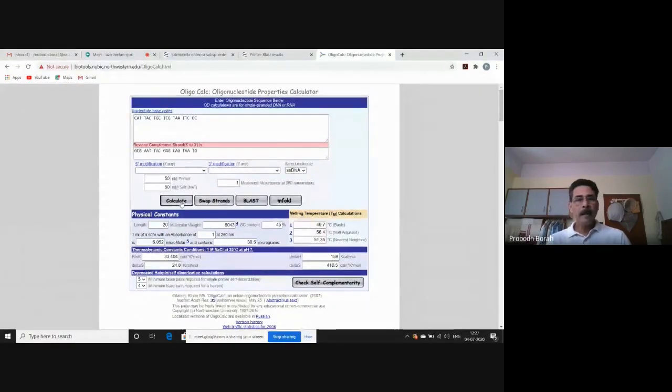So it is showing the length is 20, GC percent is 45% as expected. Then the salt adjusted TM value 56.4, exactly the same as the previous one. So forward and reverse primers both have the same TM value. This is very good because we do not want a difference of more than 3, but they are exactly the same. Then check for self-complementarity.